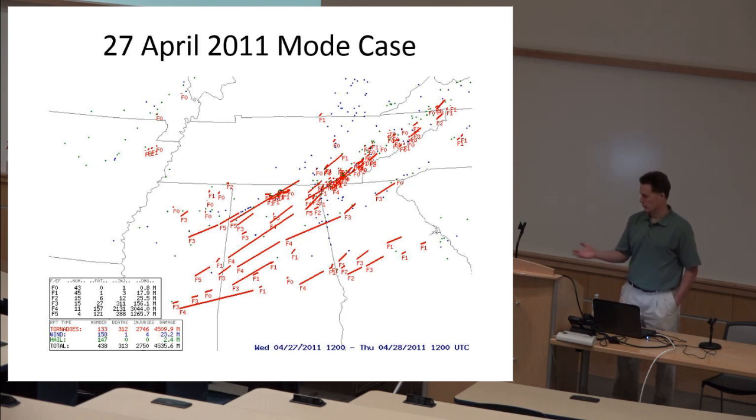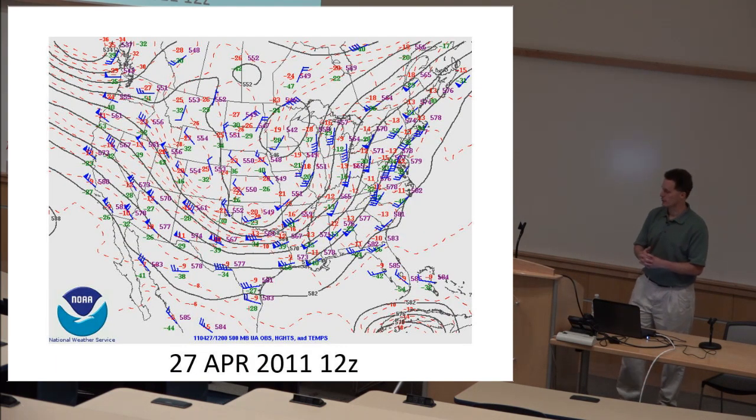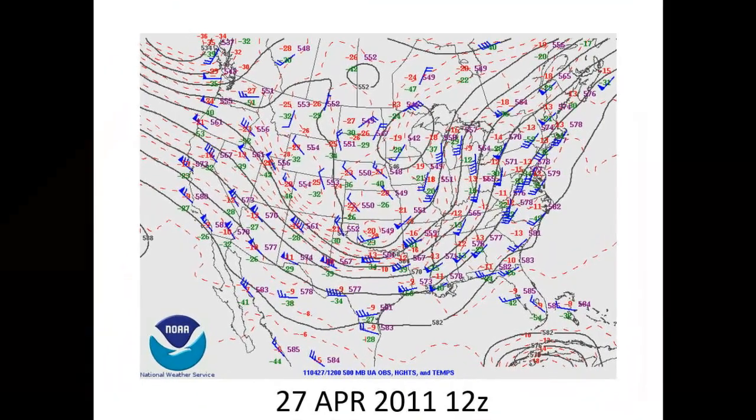So this is a case where clearly we had a lot of discrete storms. So you would suspect that it looked rather classic, and indeed it does. Here's just a reminder, 12Z that morning, strong shortwave trough over the Red River Valley, Texas, Oklahoma, moving eastward. Flow largely out of the west or west-southwest through the mid-troposphere. And again, it was this wave over the Red River Valley that progressed eastward to the Mississippi Valley during the